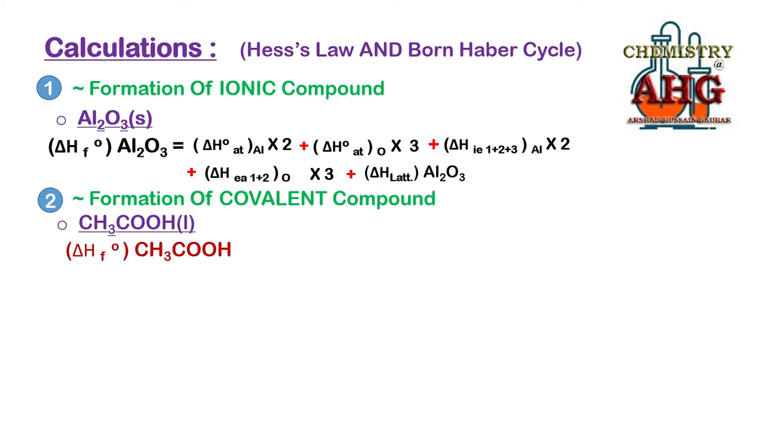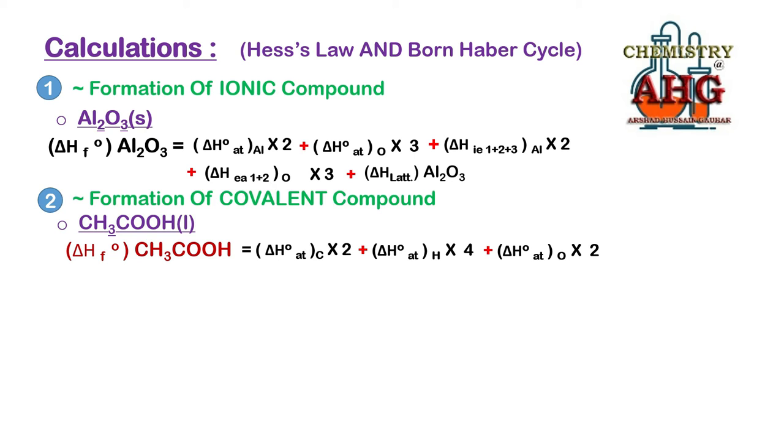It is equal to, first of all, we will atomize those elements which are present in ethanoic acid. Which atoms are present in ethanoic acid? Carbon. So you will use enthalpy change of atomization of carbon multiplied by 2, plus enthalpy change of atomization of hydrogen multiplied by 4, plus enthalpy change of atomization of oxygen multiplied by 2. Now we have completed atomization. These atoms will combine to make covalent bonds, and whenever a covalent bond is formed, which enthalpy change is involved? The enthalpy change involved for the formation of covalent bond is known as bond enthalpy or bond energy.